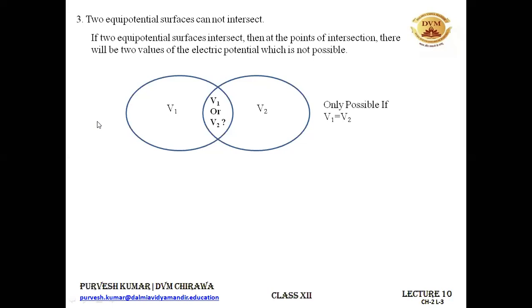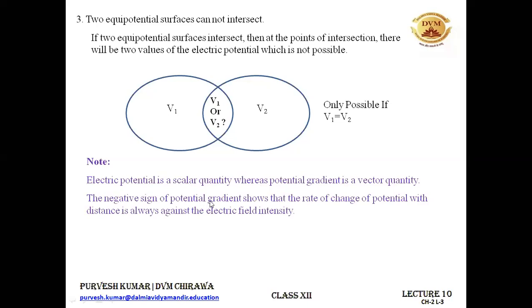Now we need to make some notes: electric potential is a scalar quantity, whereas potential gradient is a vector quantity. We will be discussing this potential gradient in just 2 more slides. Just for comparison, electric potential is no doubt a scalar quantity, but the potential gradient is a vector quantity. dV upon dx will be the potential gradient. We'll be seeing it in a while.